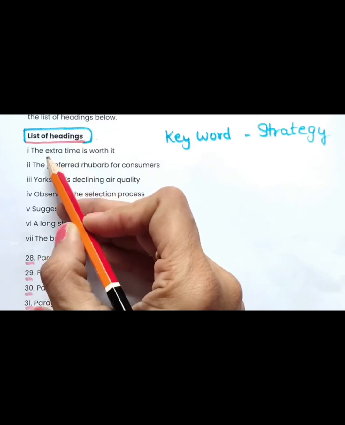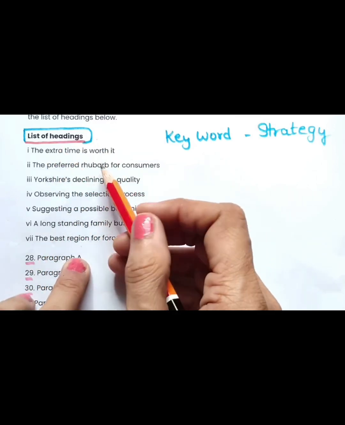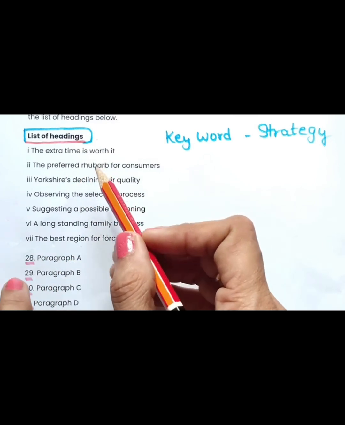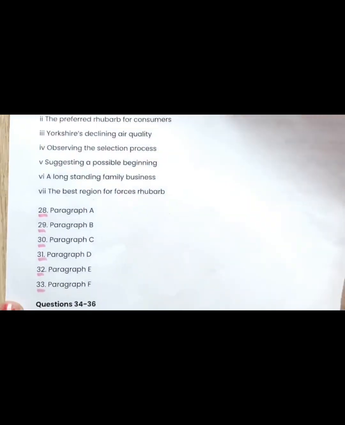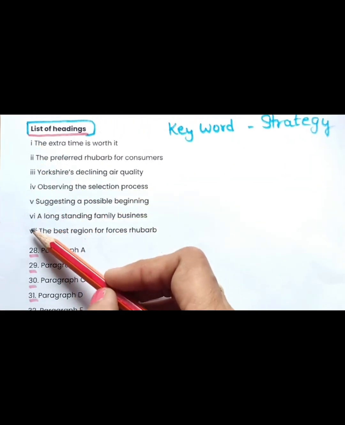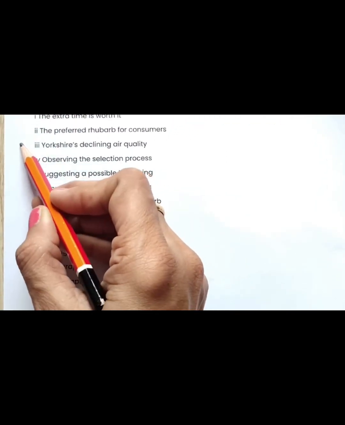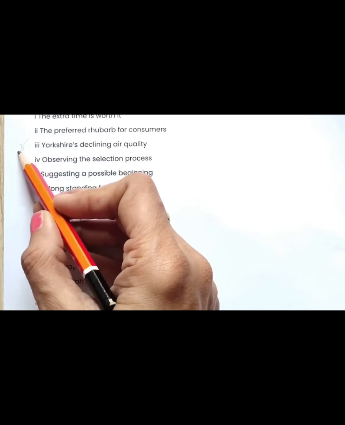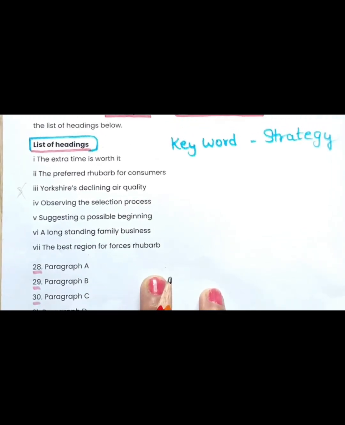Okay, so list of headings means we need to understand these headings, as well as find the keywords from there. In the answer sheet we have to write in front of these answers these numbers, the same style of number. You can't write the instead of 3, otherwise your answer will be considered wrong. Okay, so let's read one by one.